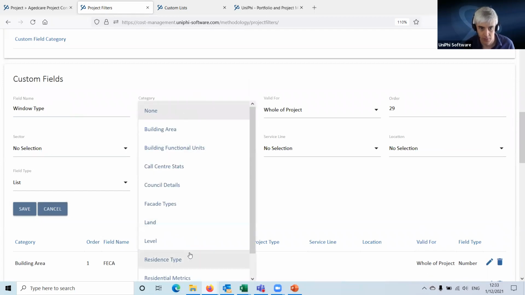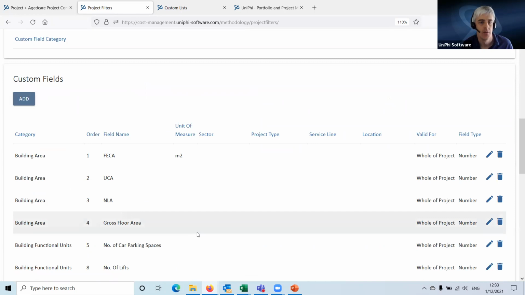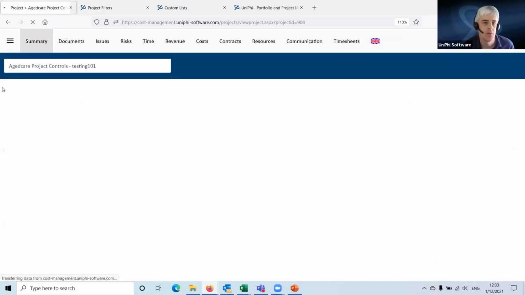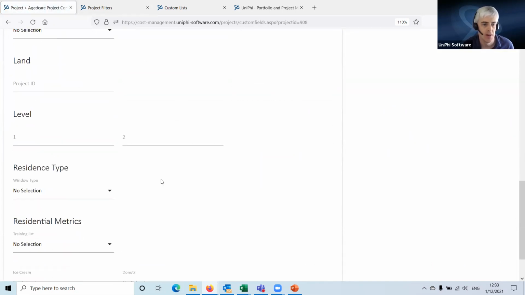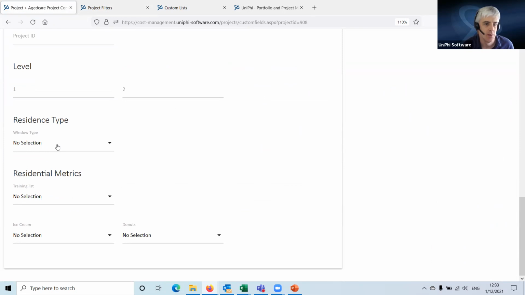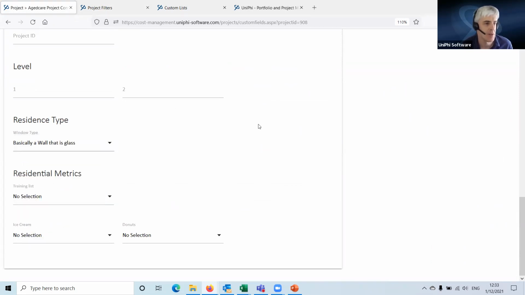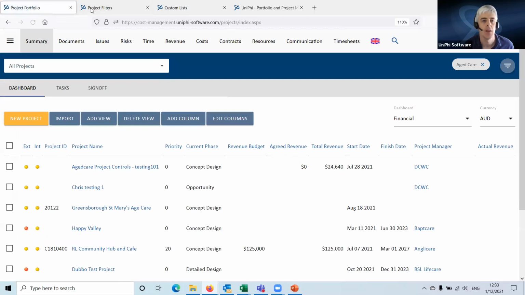So I can have my window type list for residence type in aged care. So now, if I'm in this aged care project and I go to custom fields under residential type, there it is. I can select the window type that applies to this project. Exciting times. So that can be done